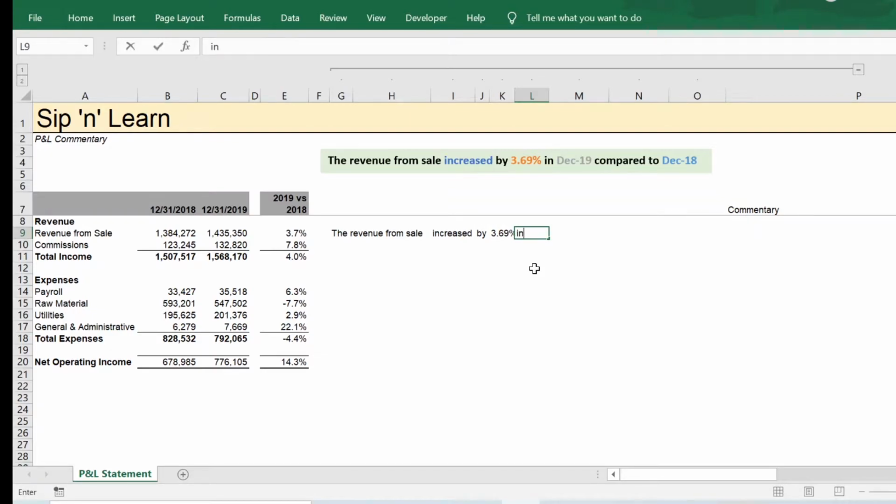In period 2 versus period 1. So period 2 in this case is December 19, which is actually coming over from here. I need this to be a variable so that when I change these dates over here, I can get the commentary updated automatically. I'll again use the text function and convert this date into the desired format.